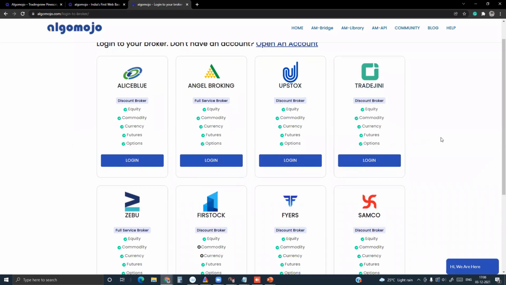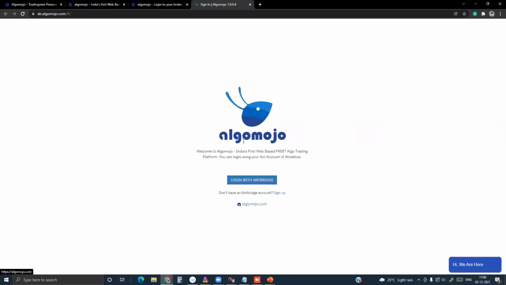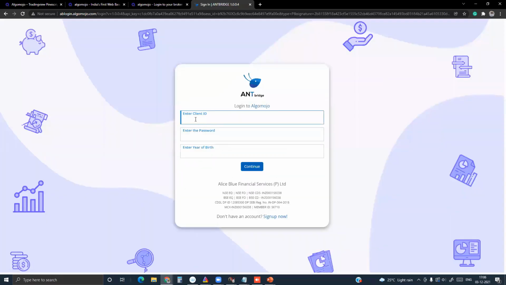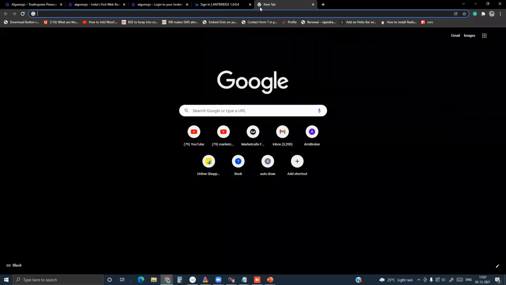Let's say I want to do a trading connectivity with Alice Blue. I'll click on login, and this goes to the login with the AntBridge. All I have to do is enter the client ID, password, and the trading credentials. So let me enter one of the sample credentials over here. For different brokers, if you're an Upstox user or an Angel user, you have to enter the login details accordingly.